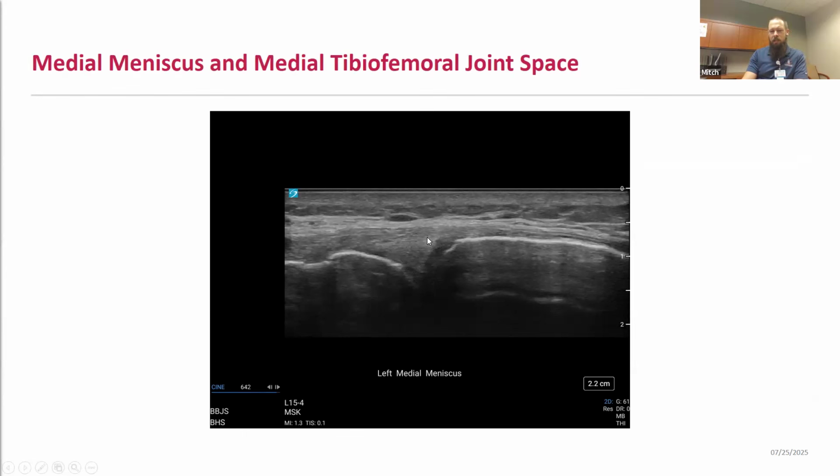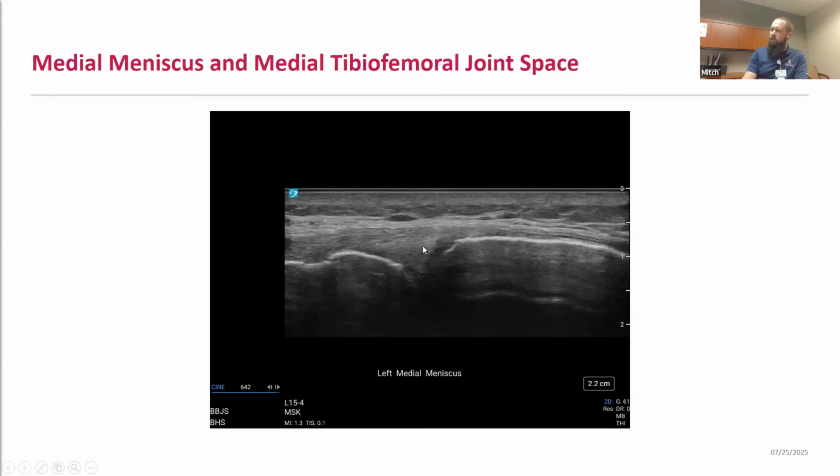With ultrasound, it can be a good tool to rule in meniscal pathology, but because you get incomplete evaluation of the meniscus, if you're not seeing any abnormality on the meniscus, it doesn't necessarily rule out any pathology. But ultrasound can be reliable in detecting peripheral tears of the meniscus. You can see a hypoechogenic cleft through the meniscus. Sometimes you can see areas of hypoechogenicity within the meniscus, which may indicate degeneration versus tearing. You can identify parameniscal cysts with ultrasound. And so these are all different things that you're looking at, scanning at the medial aspect of the knee.